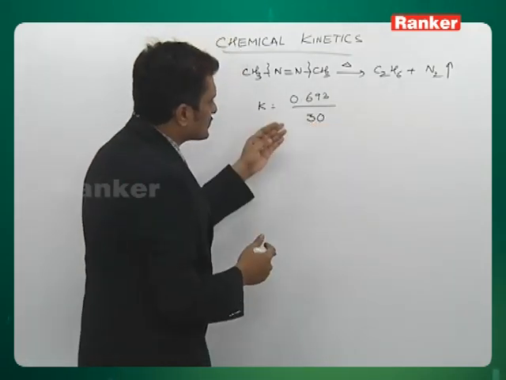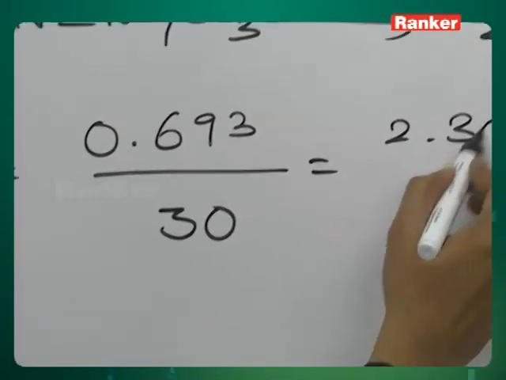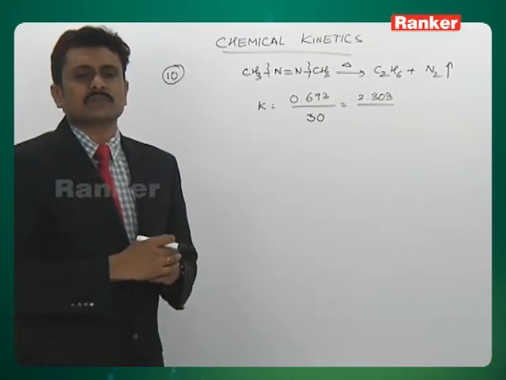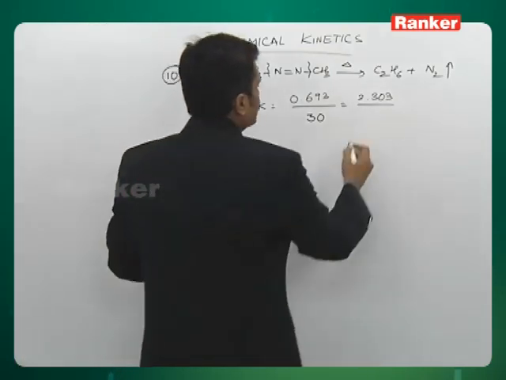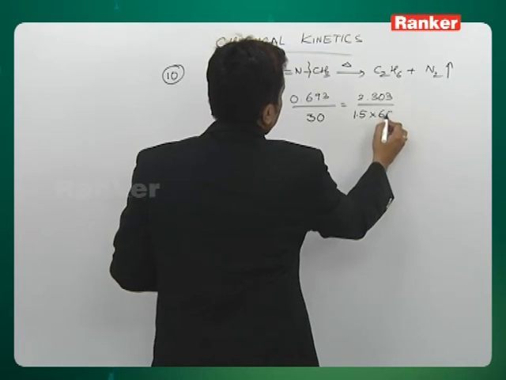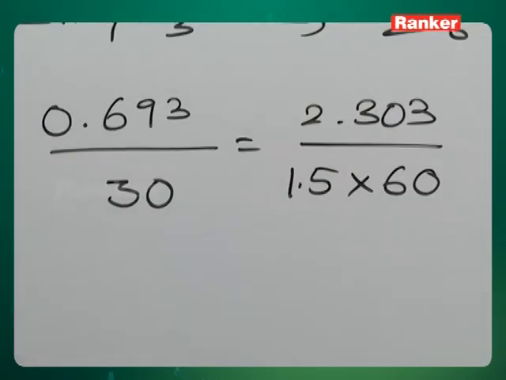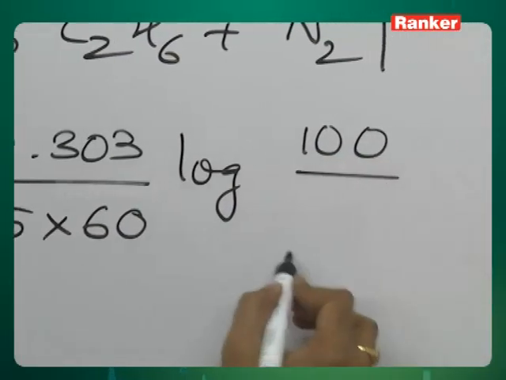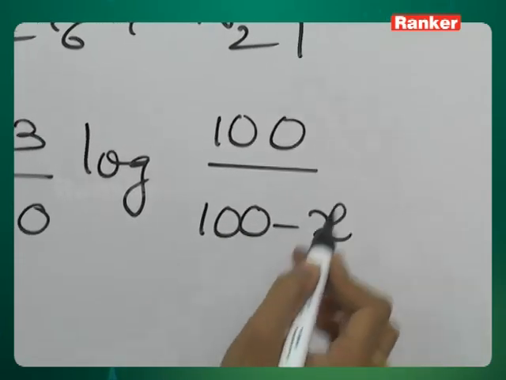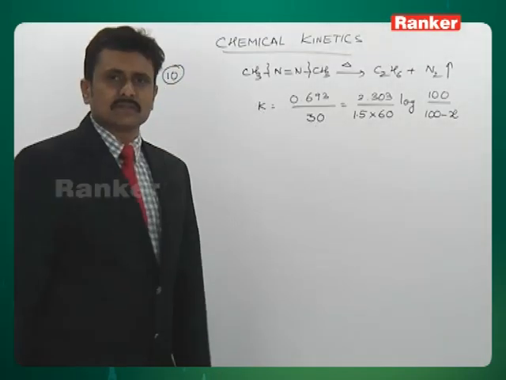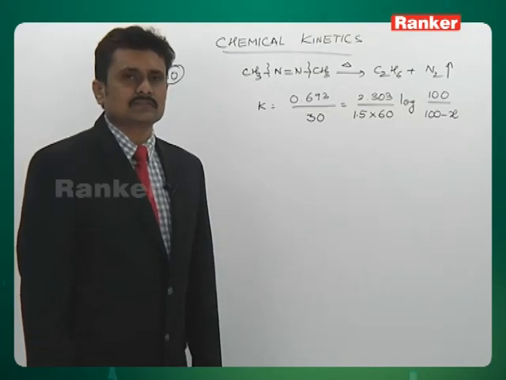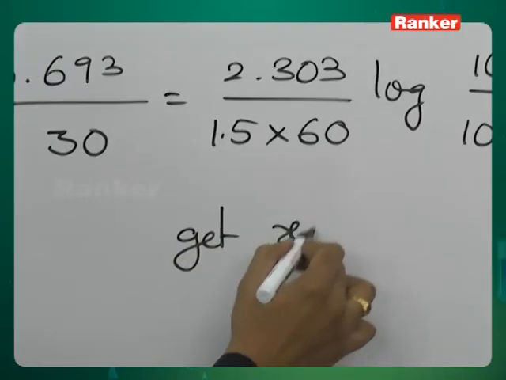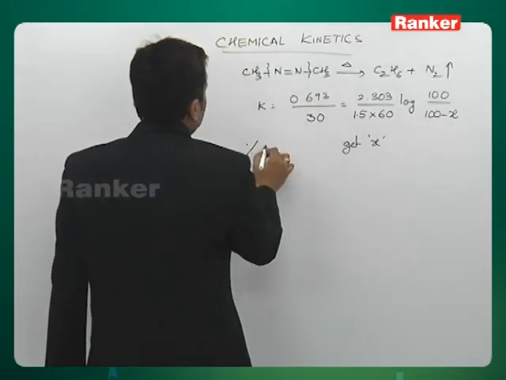K is equal to 0.693 by T half is equal to 2.303 divided by the running time of this reaction, which was found to be 1.5 hour. This is given in minutes, hence I will be converting that into minutes as well. So, this many minutes into log of the initial, which I will assume as 100, and the decomposed, which I assume as x, the remaining will be 100 minus x. Now, simplification of this will fetch us the answer for the first question, that is percentage of azomethane